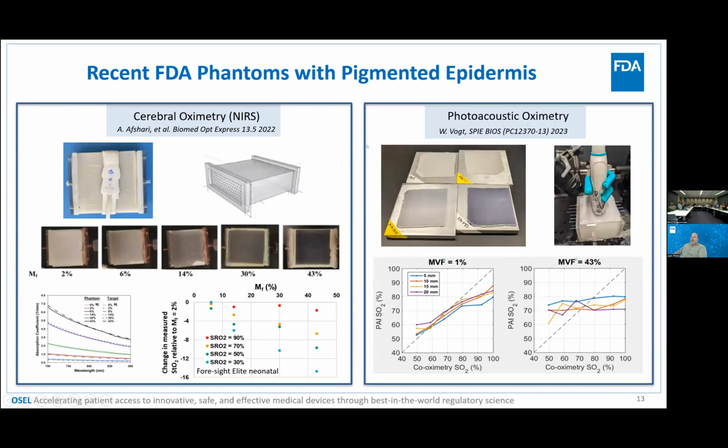All right, so here are a couple of the studies that we've done with pigmented epidermis phantoms. The cerebral oximetry study that I mentioned before is illustrated here. This is our phantom with an array of channels in a turbid matrix that was 3D printed, and we have these superficial layers made of PDMS with nigrosin embedded in them, and we can generate these spectral distributions that represent the absorption coefficient of the epidermis